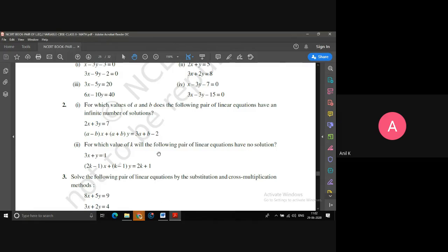I think I explained this question. So 2 upon A minus B, I equate to 7 upon 3A plus B minus 2. Then apply the cross multiplication, and you get the relation between A and B. One equation you will get. Then the second time, you equate 3 upon A plus B equals to 7 upon 3A plus B minus 2. Again do the cross product. Then you'll get equation number 2 in terms of A and B, and solve those two equations. Here you just have to use the infinite number of solutions condition.